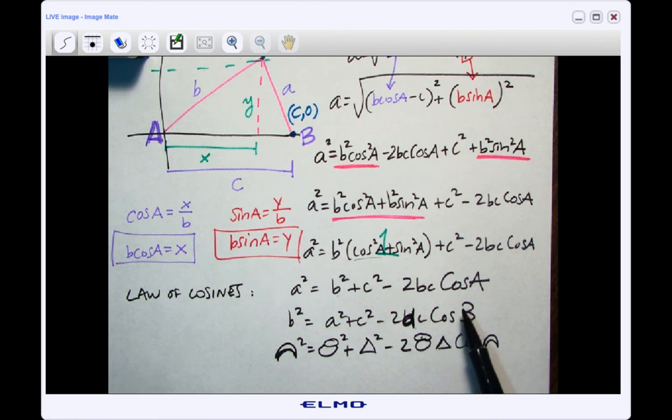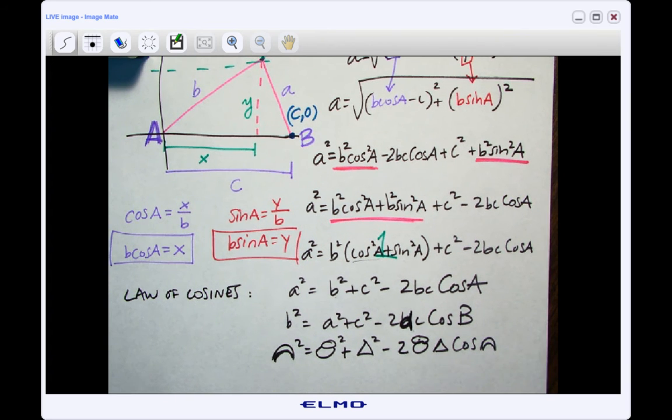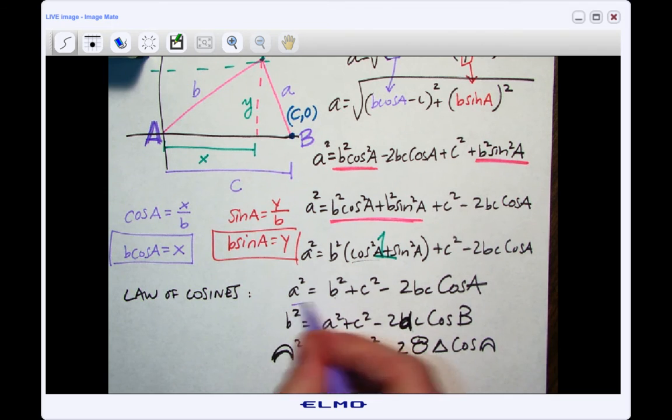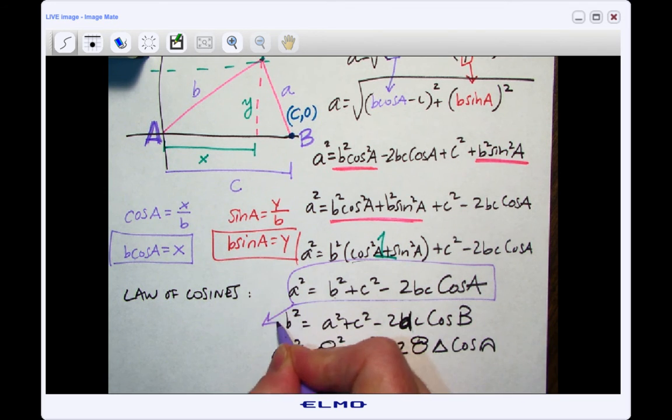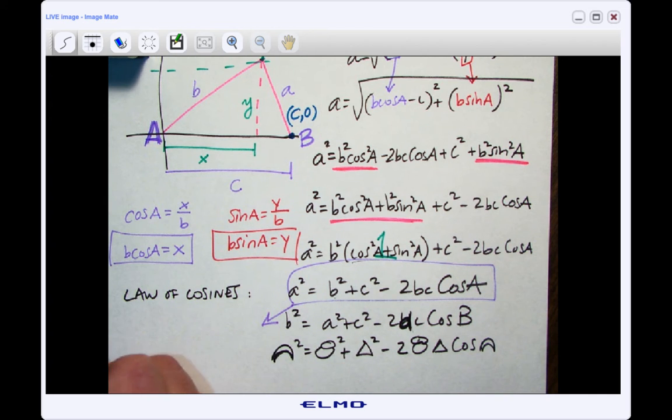Now, the other thing that sometimes they do is they solve for the cosine, which isn't the worst thing in the world. But again, I don't usually bother with it because that's easy enough to do. I don't memorize it that way. But if you wanted to solve for cosine, right, you could do